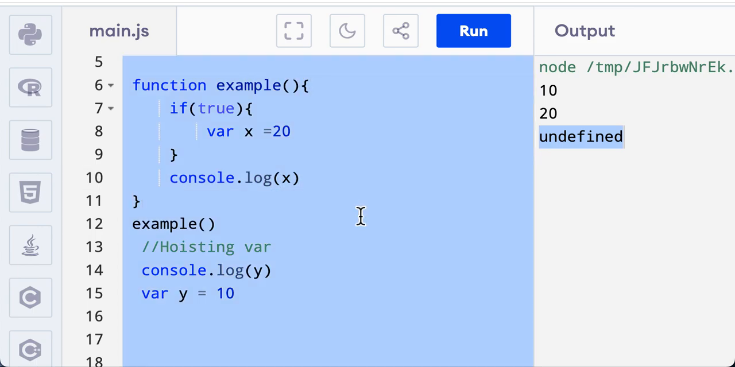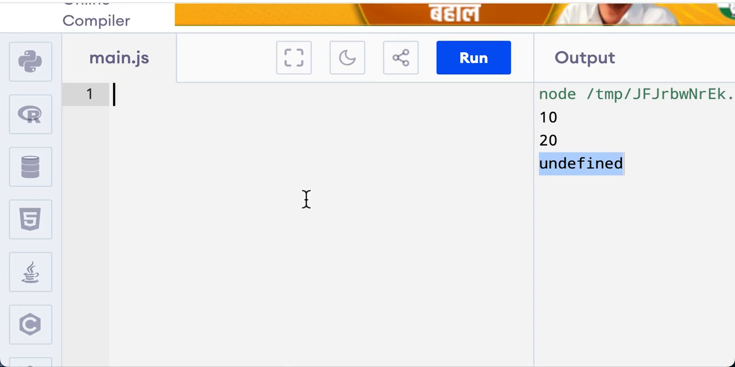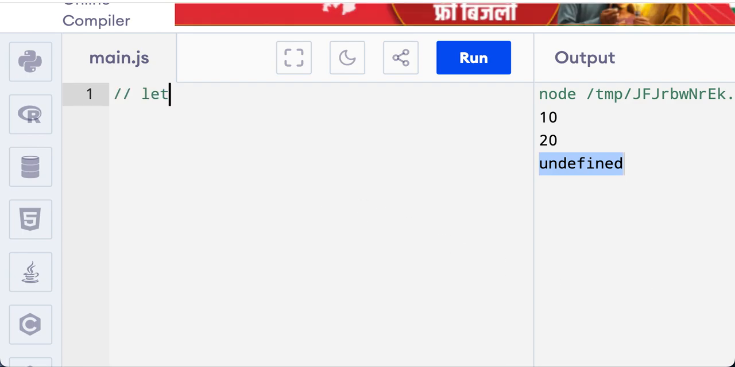Okay, the next topic is let. We have let, which was introduced in ES6. Let fixes many of the problems we saw with var. The key difference is that let is block scoped. Let's take an example. If true,